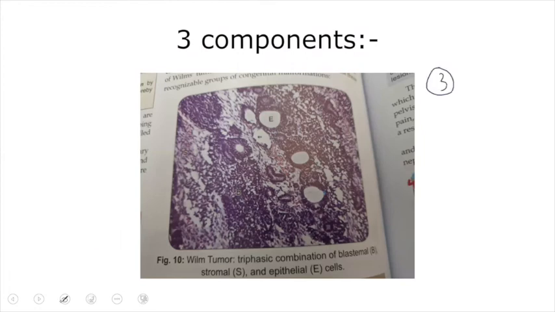So we can appreciate three different components. Let me change the color. One of them is our epithelial component, in the form of abortive tubules or malformed tubules. We can see this tubule, and it is lined with very anaplastic cells. See, this is also one tubule, lined with very anaplastic cells. Anaplasia means high NC ratio. We can appreciate abnormal mitosis in high power magnification as well, and we can see one more tubule. These abortive or malformed tubules can be appreciated in the histology of Wilms tumor. They are the epithelial component.